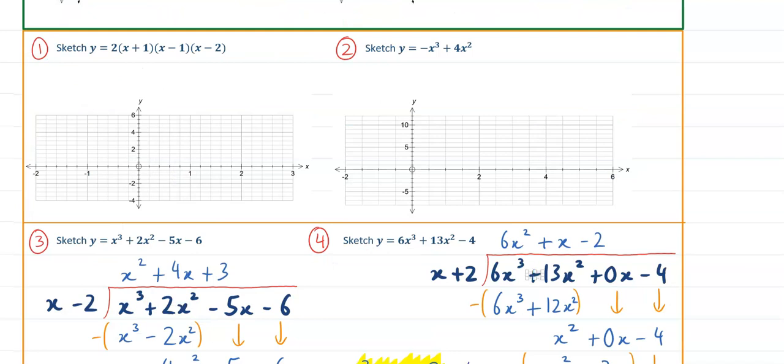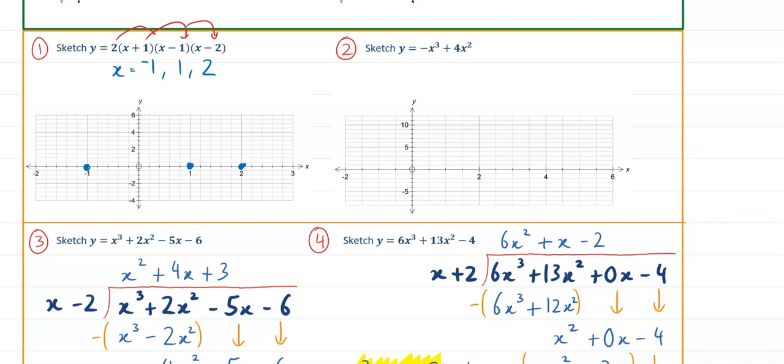Okay, so the first part of this is pretty easy. We just state what our x-intercepts are, so -1, 1, and 2. So I'm going to mark those here, here, and here. If I wanted to find the y-intercept, I can multiply 1 by -1, and the result of that by -2. So that actually comes out to be